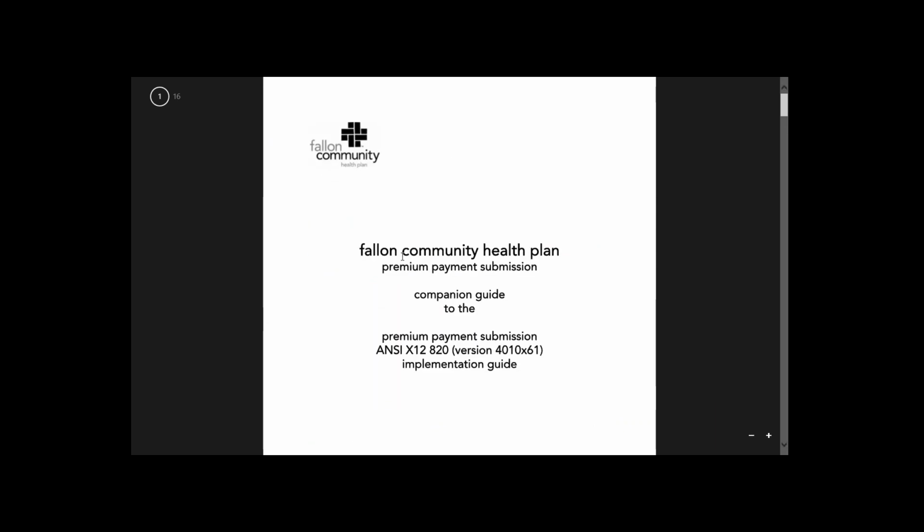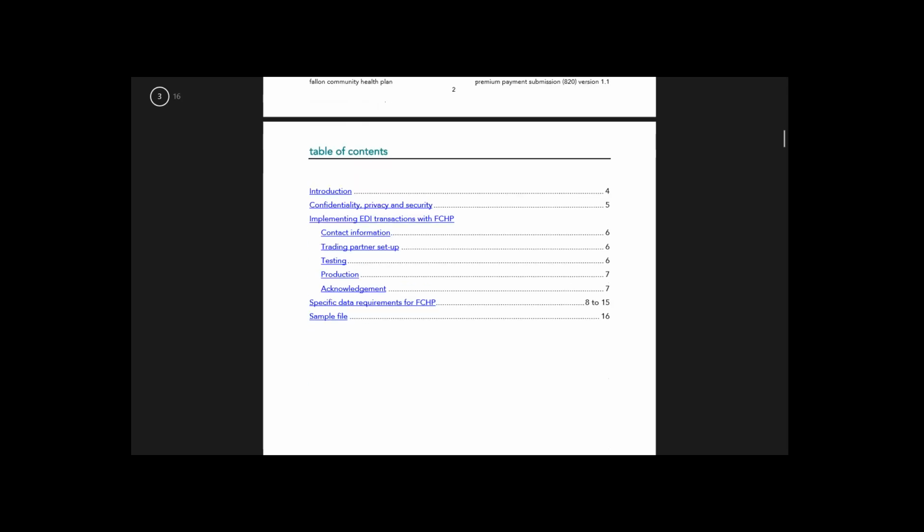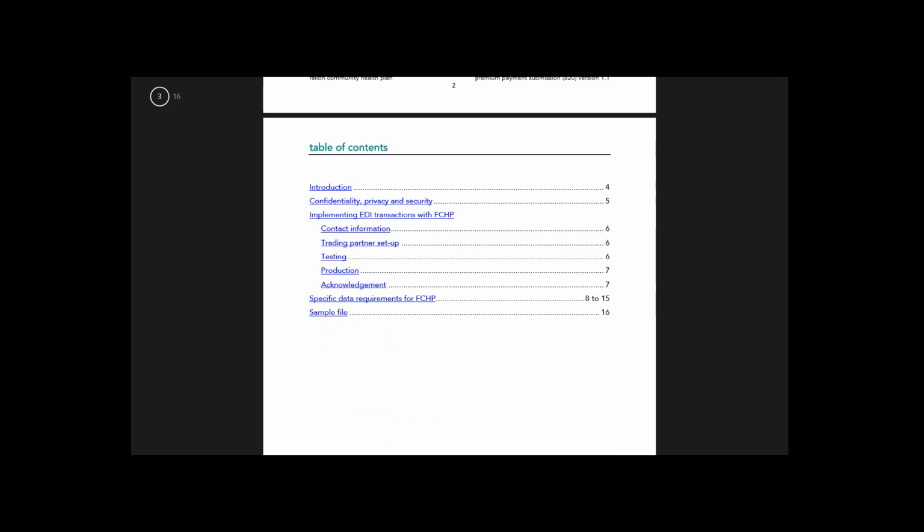Now as we see, what do we have here? It says Falun Community Health Plan Companion Guide. As we discussed during one of our classes, a companion guide is a very customized form of our implementation guide, where you can find state specific requirements or something related to the particular payer itself, and they have customized it for their own needs. So this is for the Falun Health. And in this documentation,